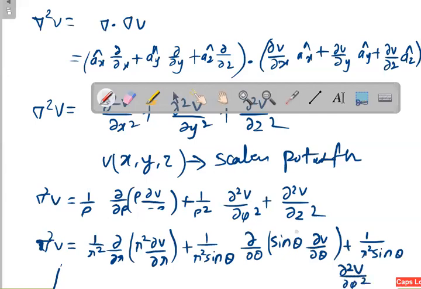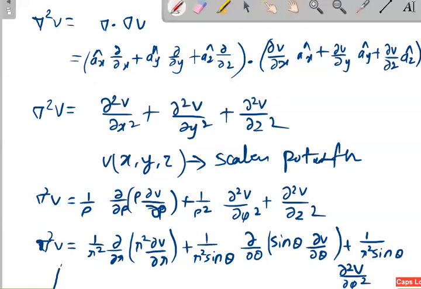Okay, these are all the del square V functions for different coordinate systems. And again, please don't worry about this lengthy formula. What is important is that if you are able to remember this formula, it is okay. Otherwise, if you remember the gradient function, you can derive this, because we are deriving this from the gradient function.